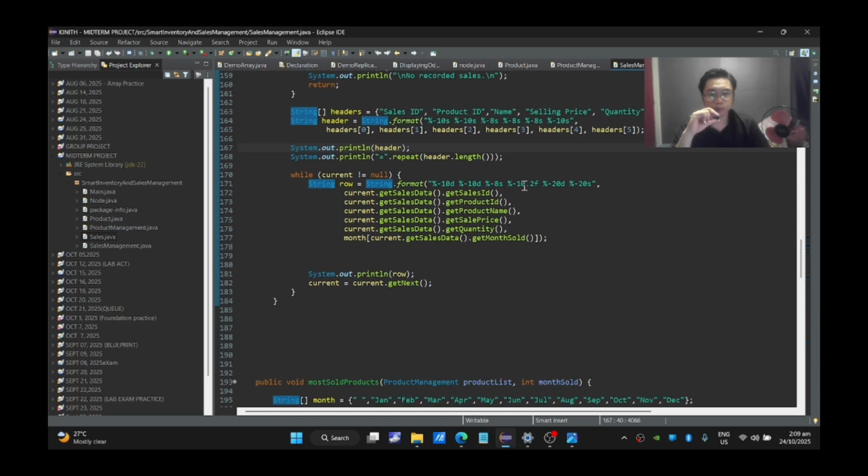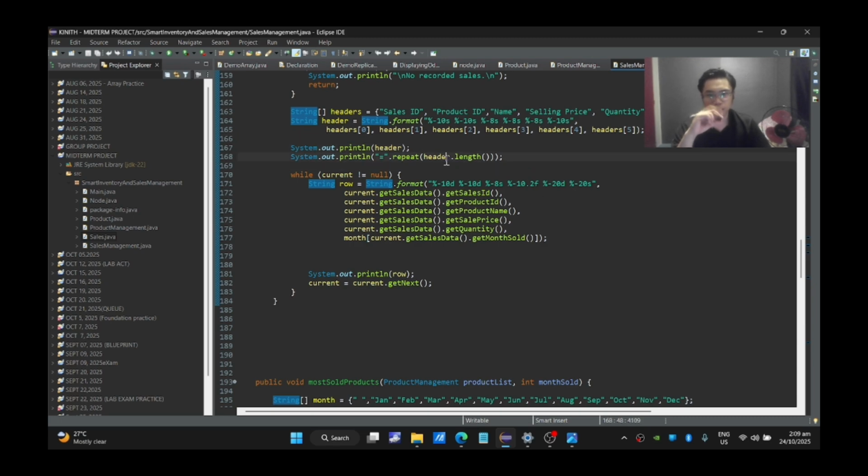So this corresponding line of code here represents the string for the header. So the print line will print the headers. I forgot that string format will just format the line of string of code here for the table to be neatly clean.